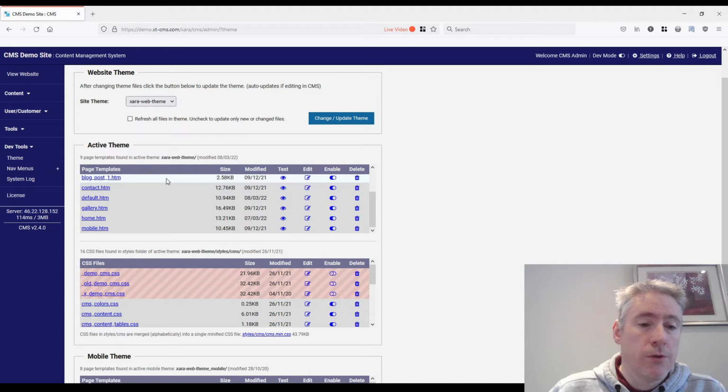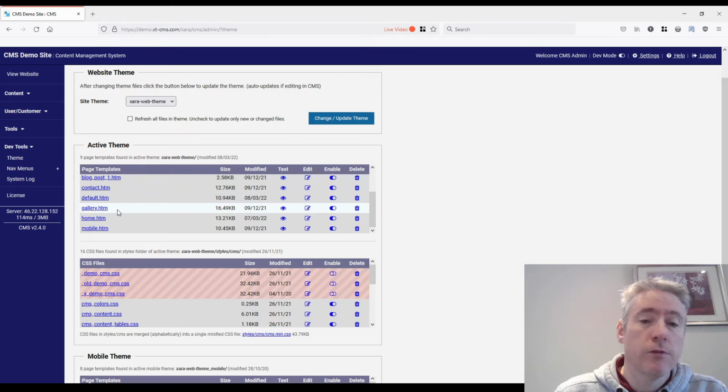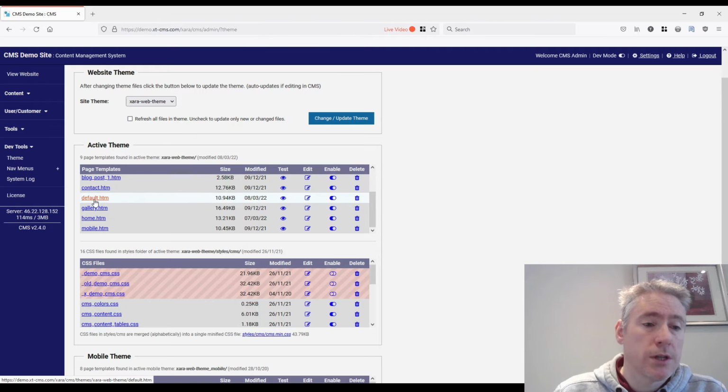Before, you would have had to edit your page templates locally on your computer and then upload them. And then once you upload them, you just update the team to get the CMS to refresh and use the latest files that you've uploaded. But now, after you've uploaded your templates, you can actually view the template itself, the raw template. So for example, if I click on this default template here,